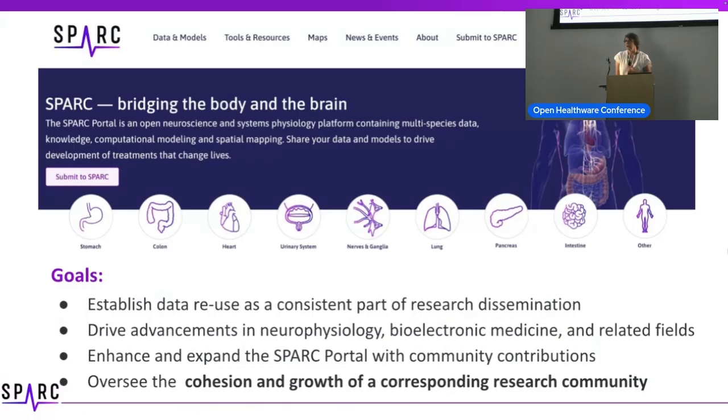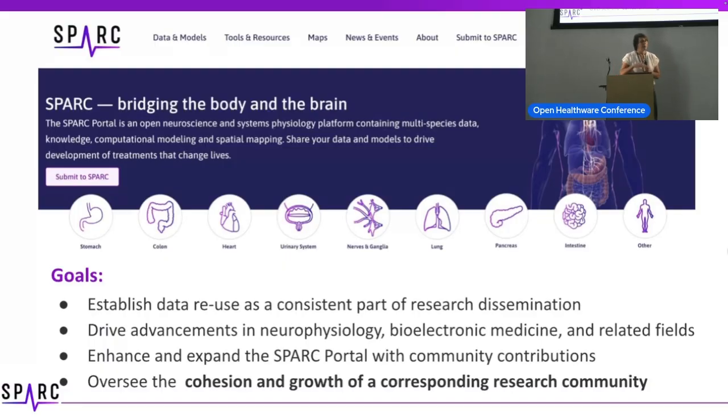So our goal is to establish data reuse as a consistent part of data dissemination. We really want to allow people to see that the data is the primary outcome of their experiment. It has great value, but it gets distilled and hidden away in the interpretation that is published as a publication.